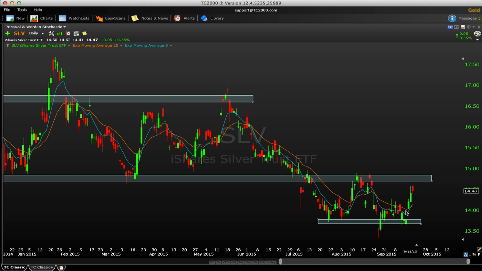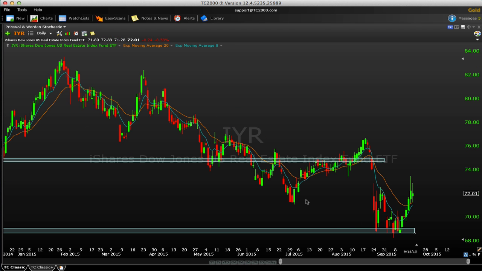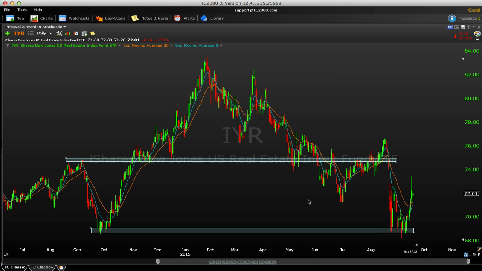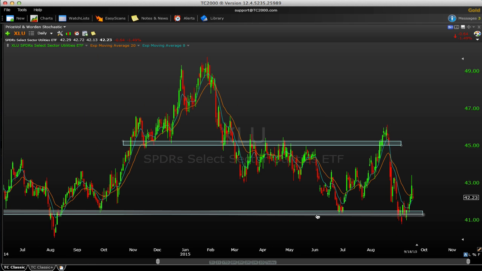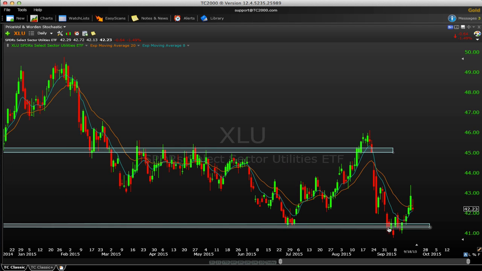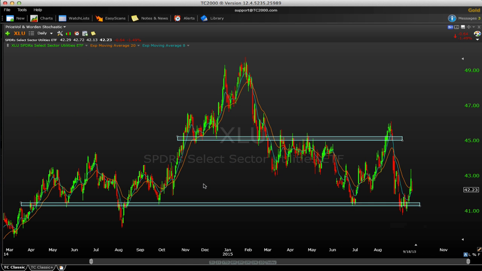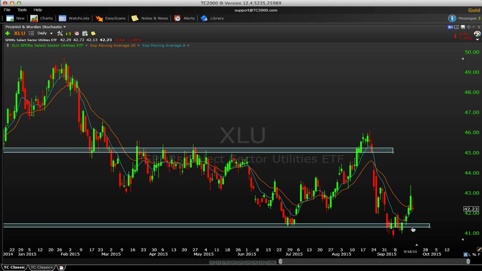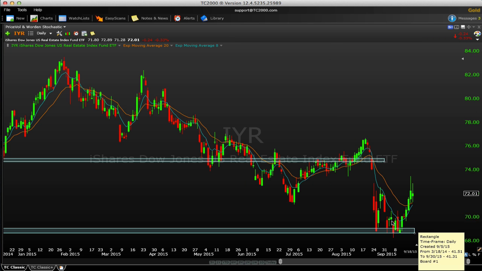Now, if we look at some sectors here, IYR and the XLU, the rate-sensitive sectors, these are still holding up best relative to the others. If you look here, we are holding basically the lows from July. We're in this range. Now, these have been beaten up maybe more so than the other ones given the start of this year, but we are still trying to trade in these longer-term ranges here in IYR and XLU, trying to hold in there.